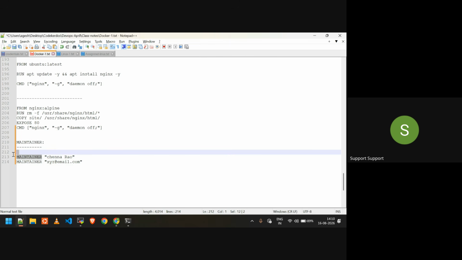Like this, if you want to pass some information, you can use. These are just to tell I am the maintainer, this is my email ID. If you want to contact me, you can contact me using these details. But whatever you give, you cannot write MAINTAINER multiple times. Even though technically you can write MAINTAINER multiple times in the Dockerfile, like 3-4 times,